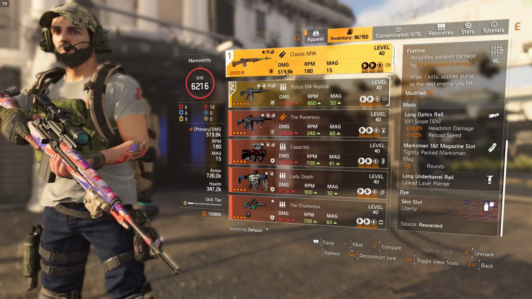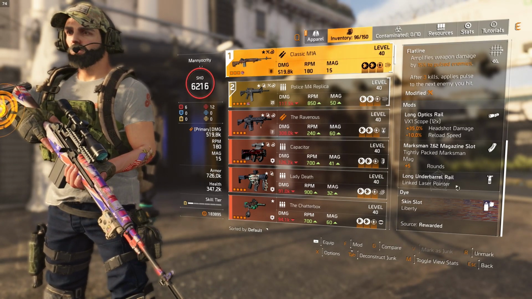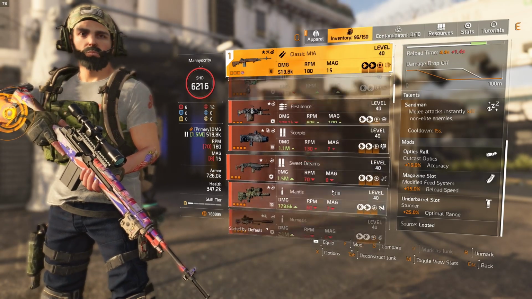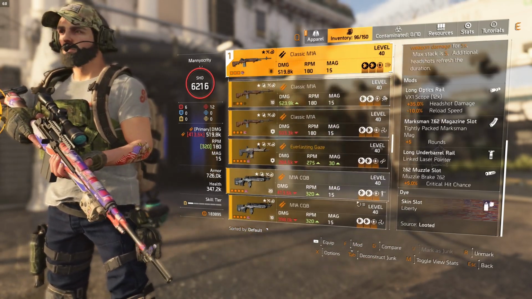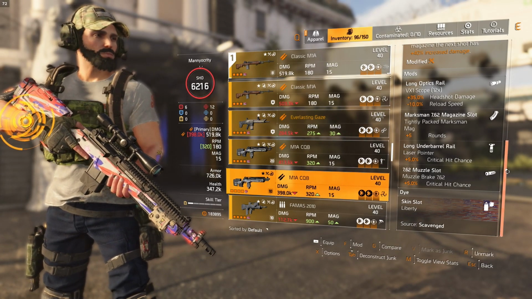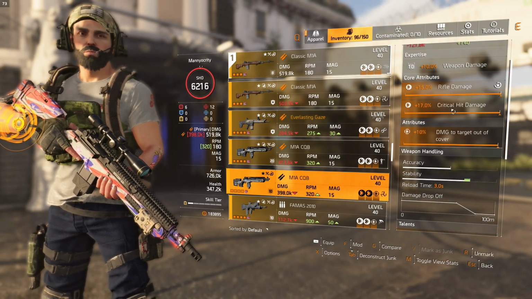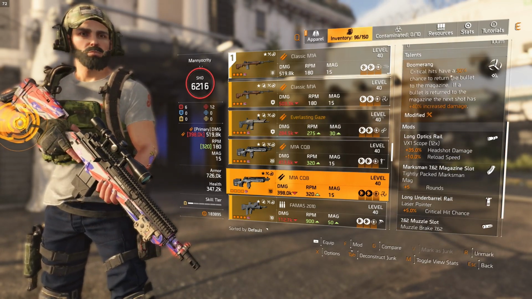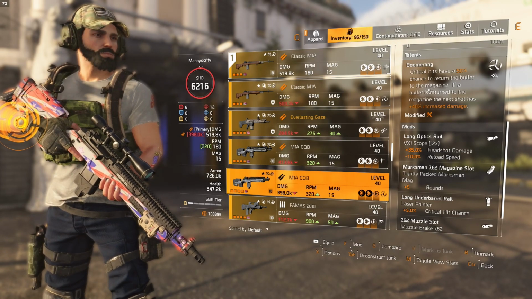Now remember, the classic M1A does not come with a muzzle brake, so we're losing out on some crit hit chance on that one. So if you wanted a little more crit hit chance, you could actually go with the M1A CQB. Same deal though. Let's go look at it real quickly. Rifle damage, crit hit damage, out of cover. This one does not have flatline. It's got boomerang. Boomerang's pretty good, but you might want to switch to flatline on this to get more consistent